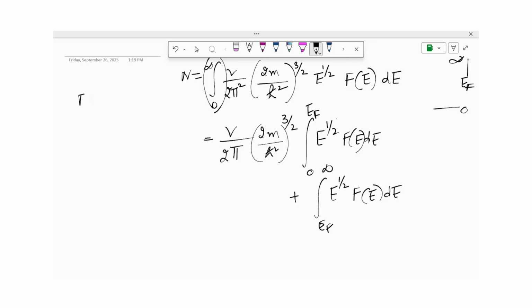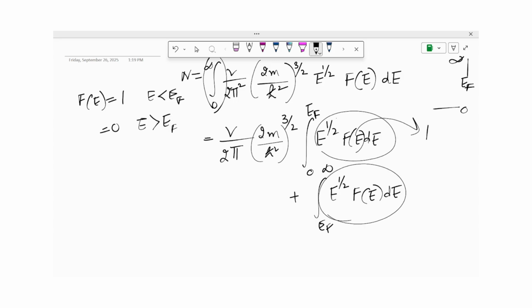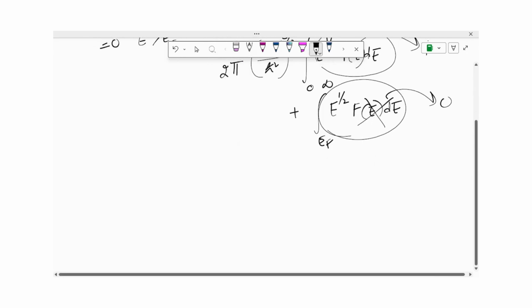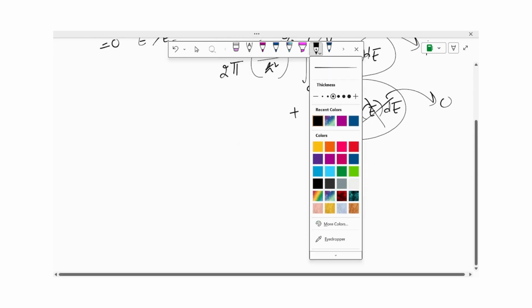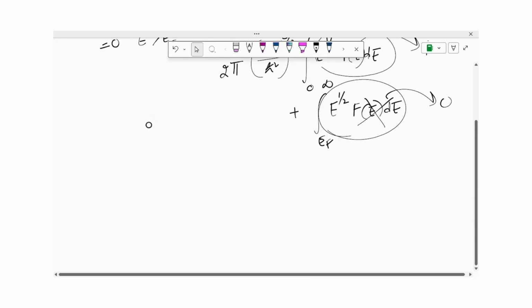And we know F(E) is 1 for E less than EF, and F(E) is 0 for E greater than EF. So for the first term F(E) will be 1, and for the second term F(E) will be 0. So the second term will cancel by itself, and hence N will come out to be